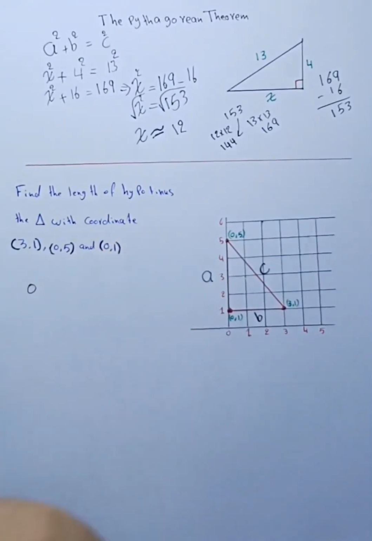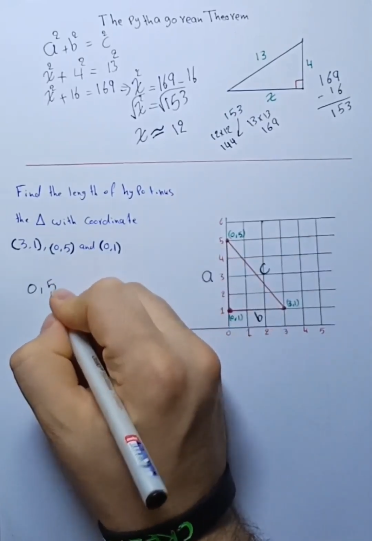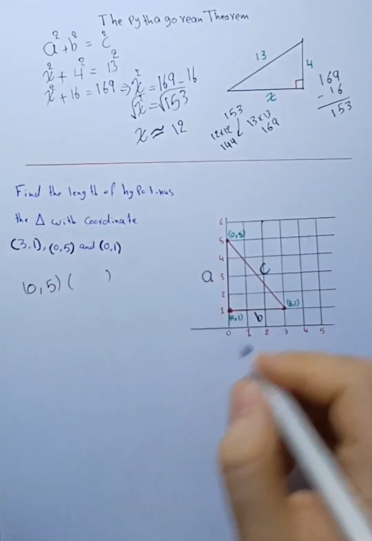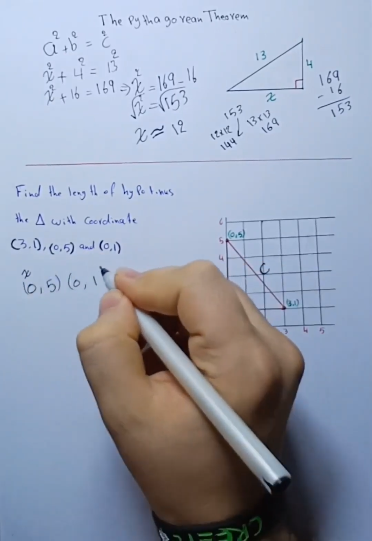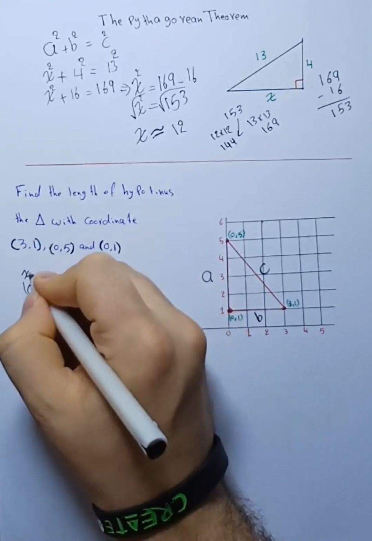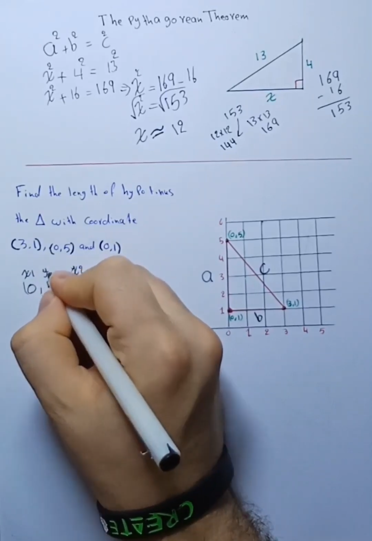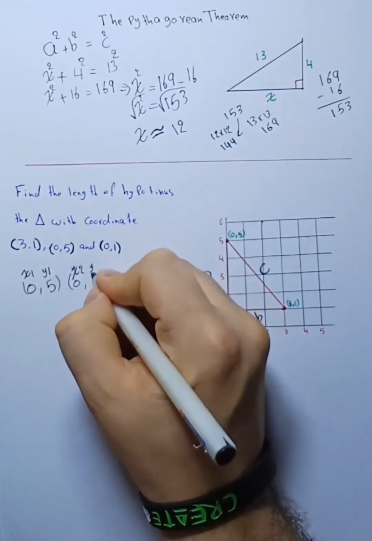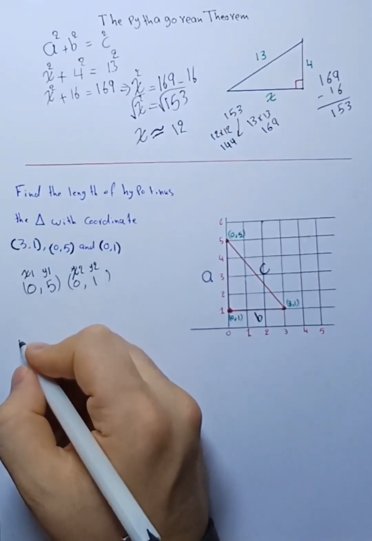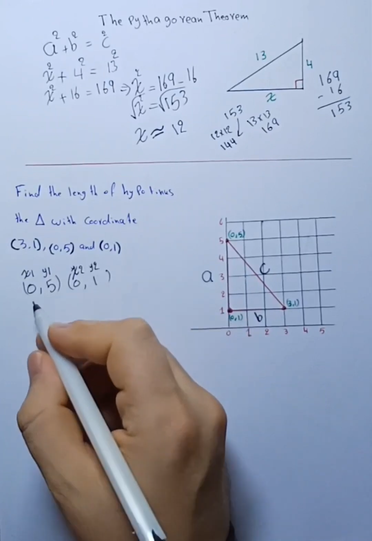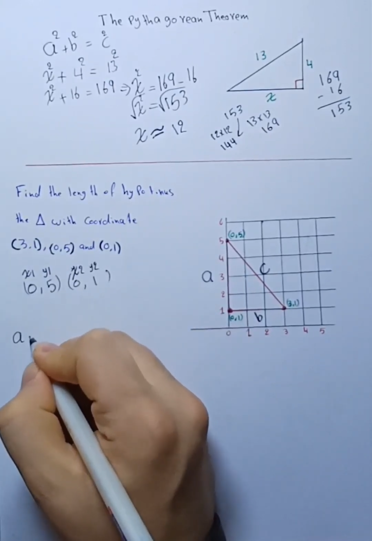So this is x1 and x2, and this is y1 and y2. The distance rule for finding A is equal to